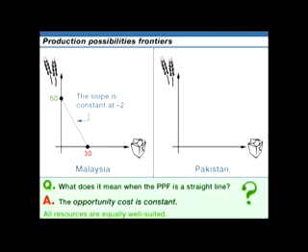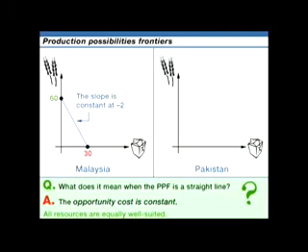There is no increasing opportunity cost. Opportunity cost is constant for Malaysia, and that means that all resources that are used to produce wheat and rice are equally well suited to the production of either good. There is no kind of specialization or special characteristics of resources. All resources are equally well suited, and that's why the opportunity cost is constant and the production possibilities frontier is